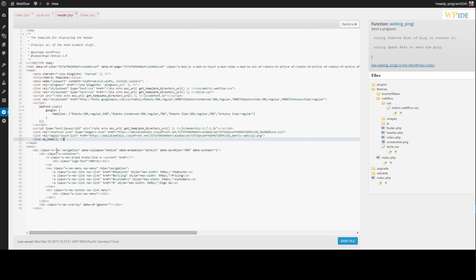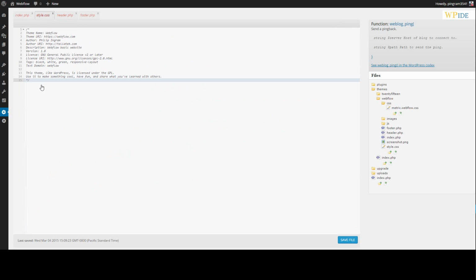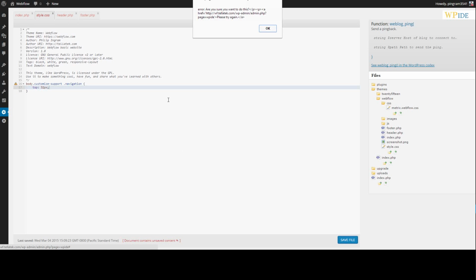So what we could do is apply a conditional style that basically says whenever the body has that customized support class, we're going to define the fixed navigation, normally it's a top value of 0. If we were to open up our Webflow CSS, we would see that. But since the WP admin bar,